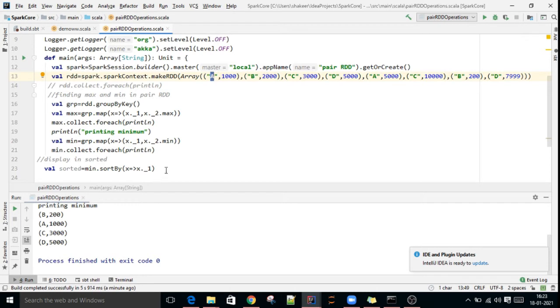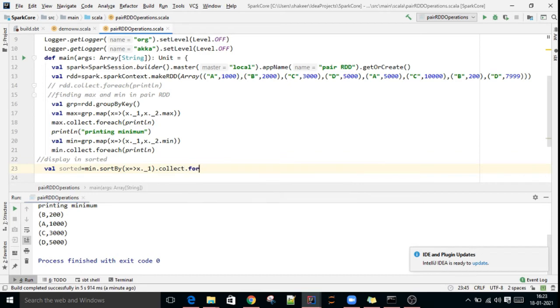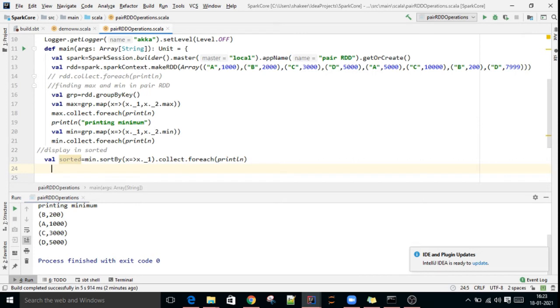I want to display the elements in sorted order, then collect.foreach(println). We'll see.